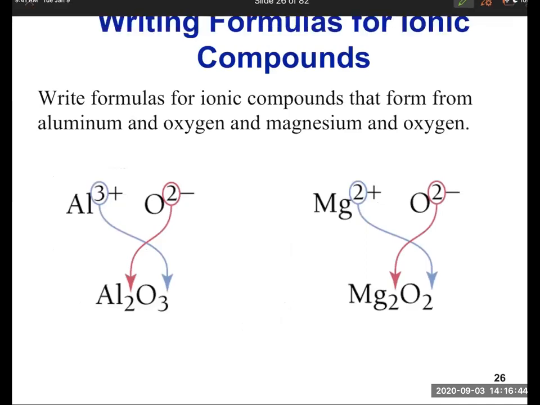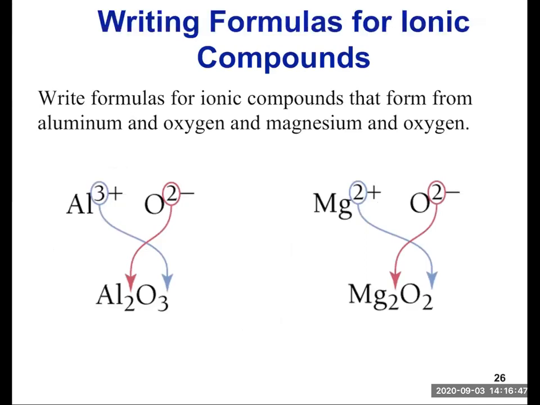Okay, so here I have it in another way, just the same thing, just representing it a different way. Notice here we have aluminum, which carries a 3+, and we have oxygen. When you crisscross, that 2 from oxygen becomes the subscript of aluminum. The 3 of aluminum becomes the subscript of oxygen. Same here, we have magnesium with 2 and oxygen with 2. When you crisscross, they become the subscripts. The way we write it will be MgO, because we want to represent it in the lowest ratio possible.